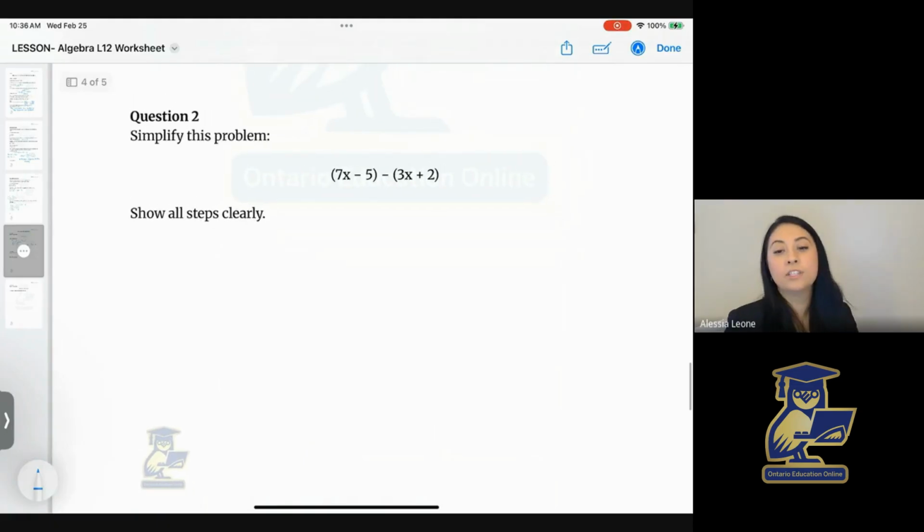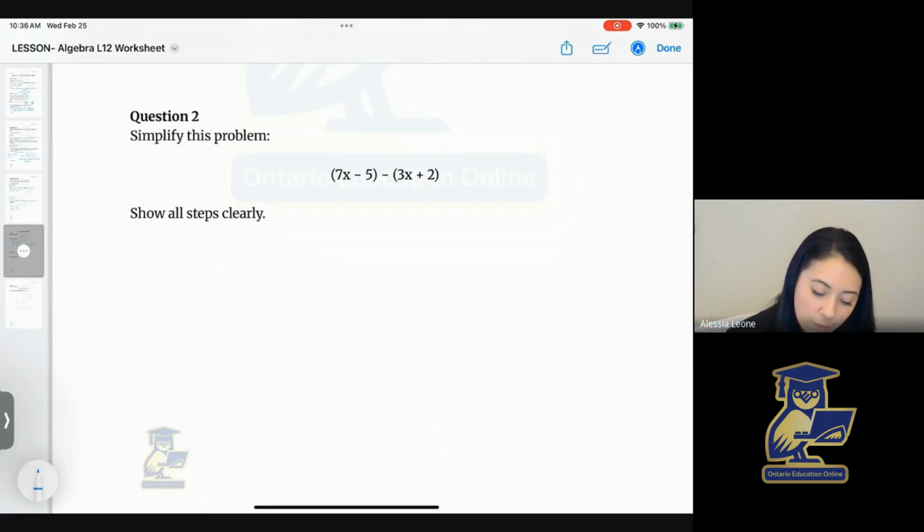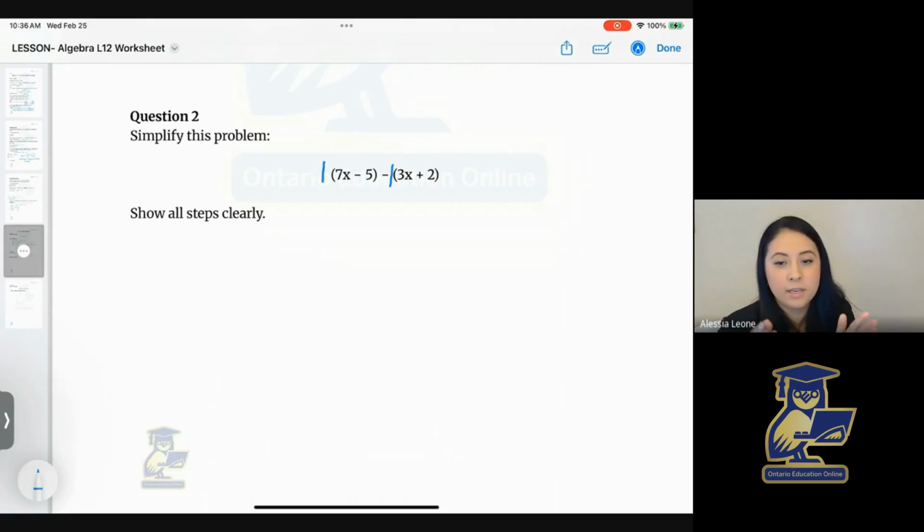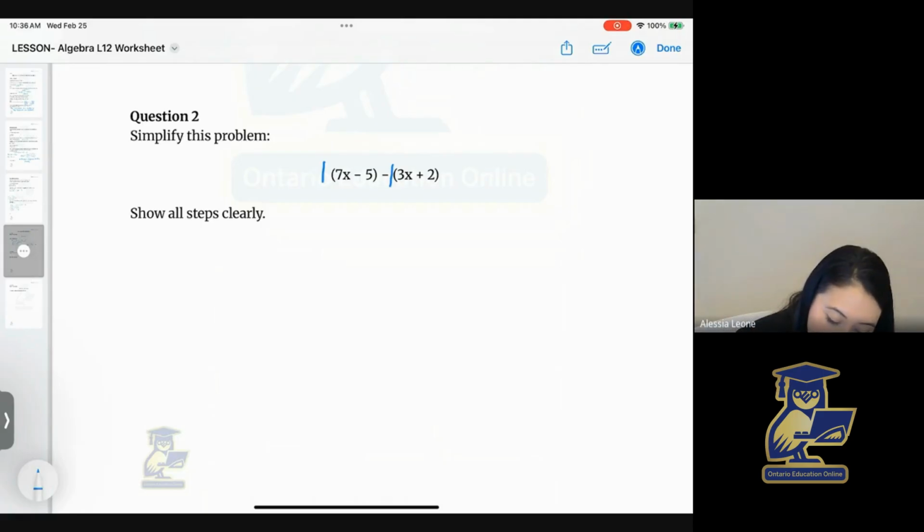Now, here is our subtraction of polynomials. When we see a subtraction of polynomials, we have to automatically think, distribute the negative, get rid of the brackets. So remember, we have a 1 here and a 1 here. Positive 1 is on the outside of that first bracket. Negative 1 is outside of that second bracket. So if we do that,